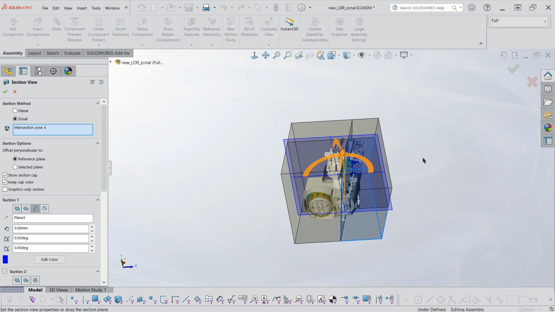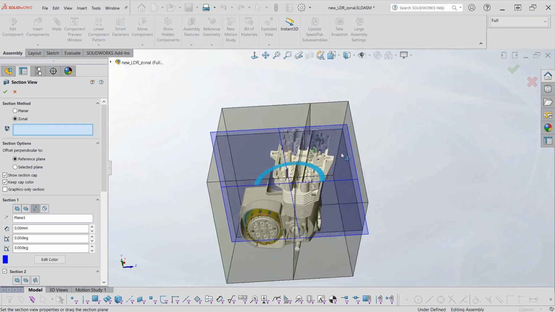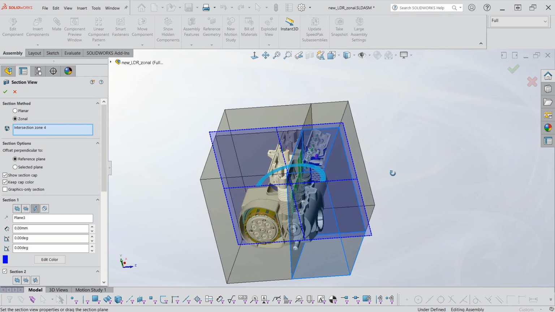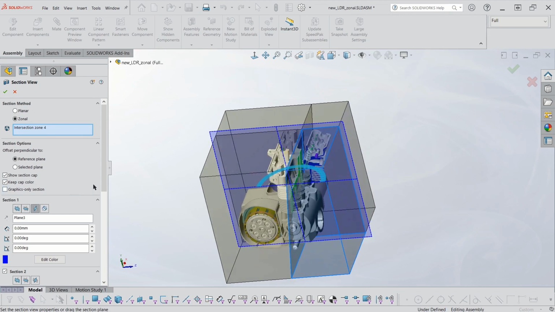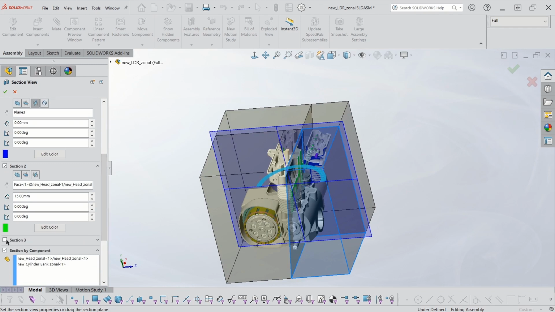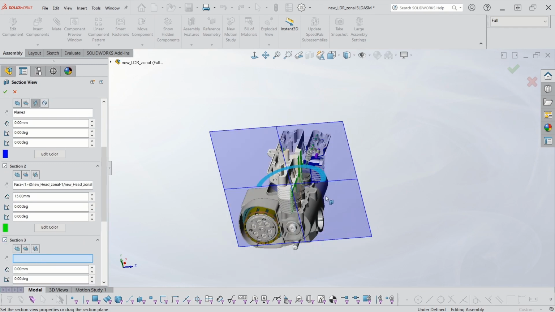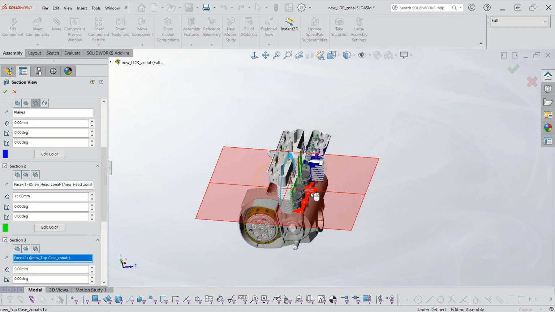And this is the same as any type of selection where if you pick it, you get rid of it. If you pick it, you accept it. So I can pick or unpick by just picking the different zones I want. So this might have a lot more control over what I want to see. So in this case, maybe I will actually add a 3rd plane just so we can see a different cap color. And I'm going to, again, pick a face. I'm going to pick this face here to be red. So now when I say OK,